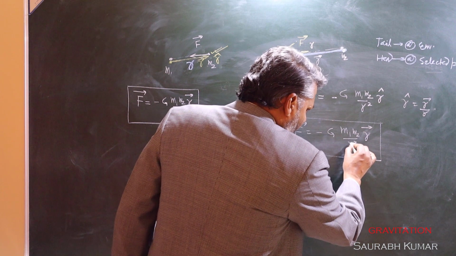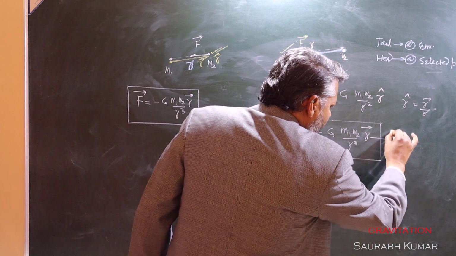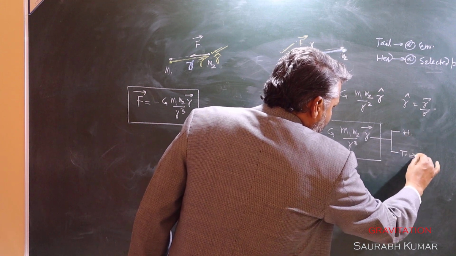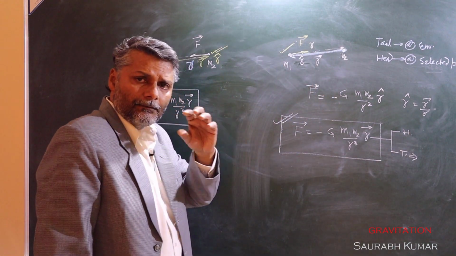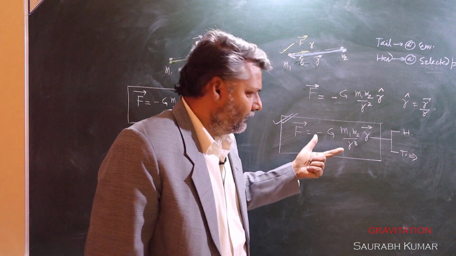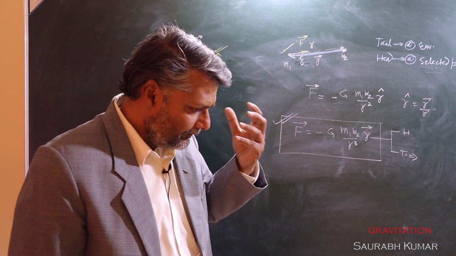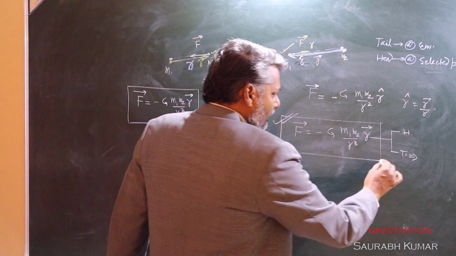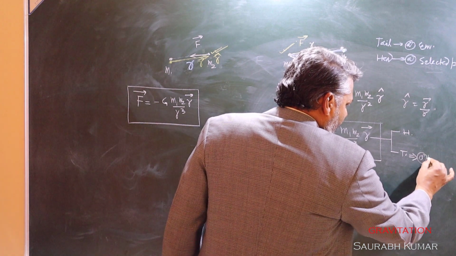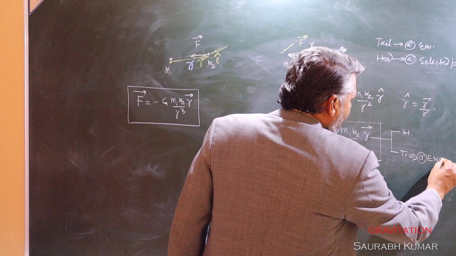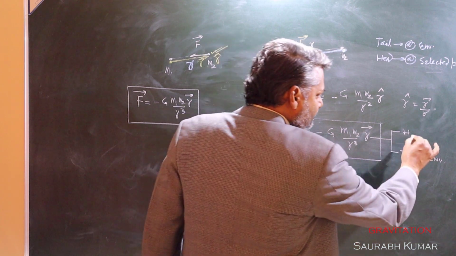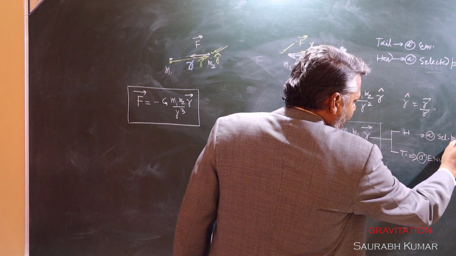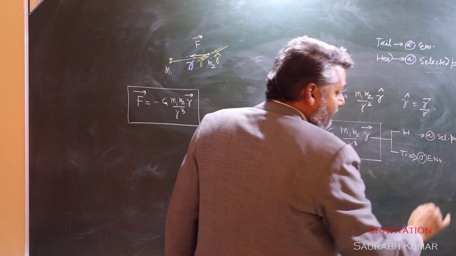So what is this R? Tail and head. Where should be the tail of this vector R? Just keep this concept in mind. You are not supposed to mention it anywhere, but keep that thing in mind when you are solving a problem. Where should be the tail? At the particle which is playing the role of environment. And where is the head? At the selected particle.